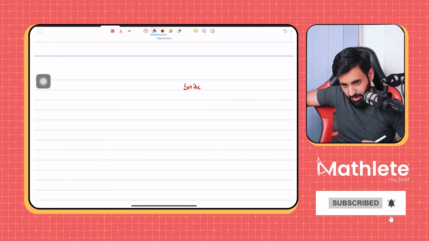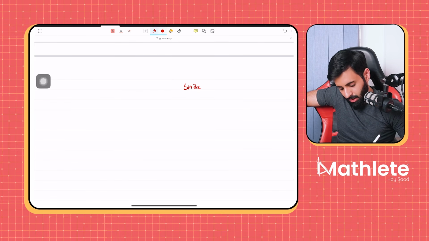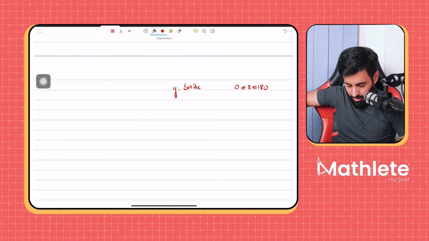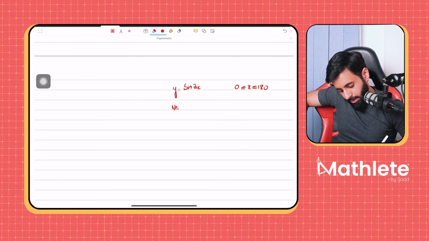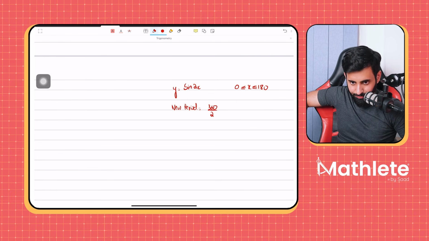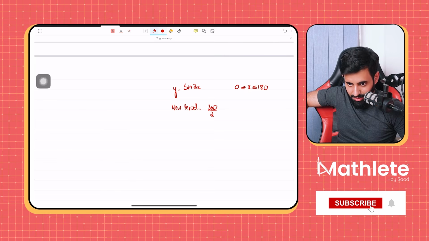Okay, so we're talking about graphs in particular. Sine 2x, and the range is from 0 to 180. Now, how are you going to calculate the new period? You're going to take 360, divide by 2, which is